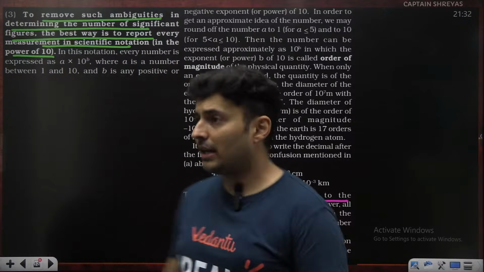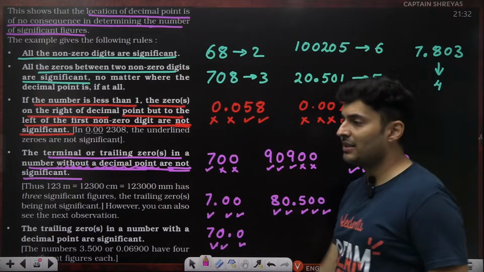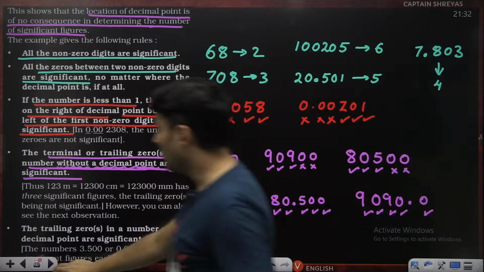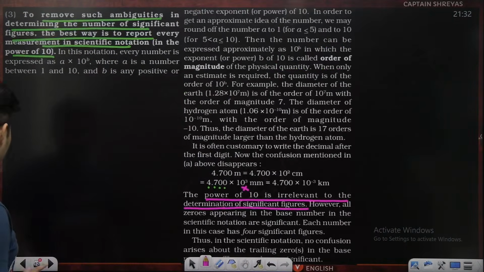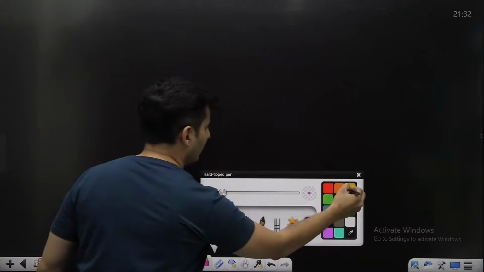Understood this particular example which they gave, guys? So what an amazing set of rules that we have. Okay, so probably we can just take some examples over here at this point of time.